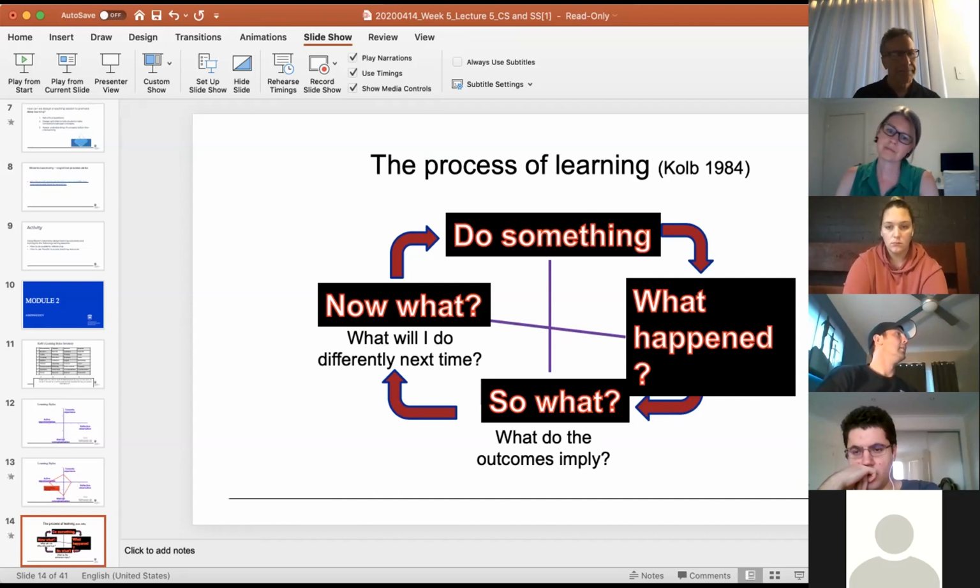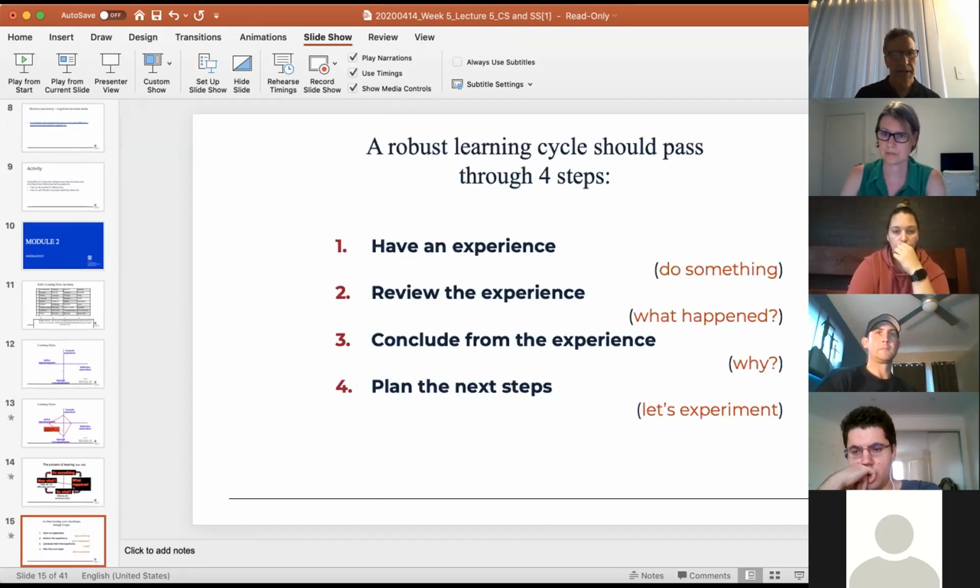So I just thought it was useful to put Kolb in there, where it's emphasizing for adults on doing something, so it's emphasizing people using experience. There it is, the learning cycle. It's still a very common model that's often adopted in organizations in some way or shape. Any questions on that? Comments?